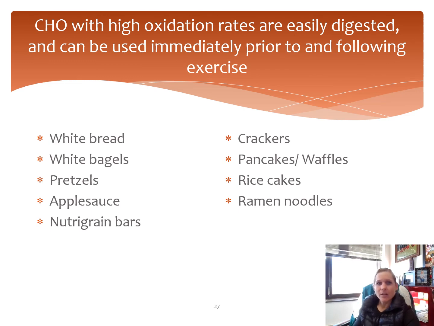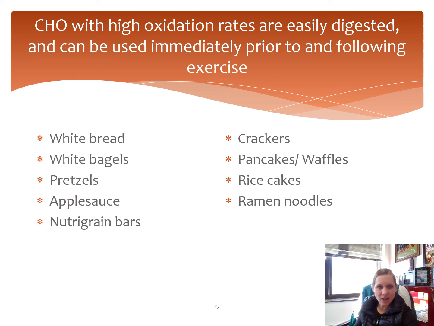Okay. So we should consume carbohydrates with high oxidation rates that are easy to digest. These can be used immediately prior to and immediately following exercise. And in the next unit, we'll talk in very specific detail about exactly what you want to consume at what time points before exercise. But here are some examples of some higher GI types of foods that are good to consume